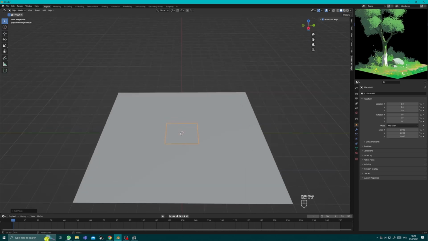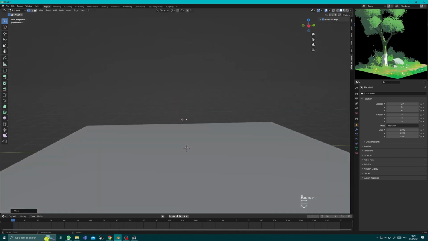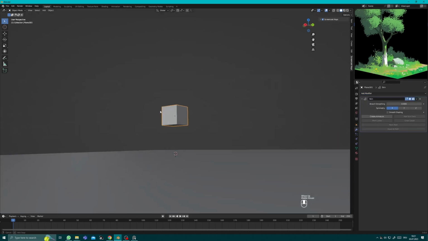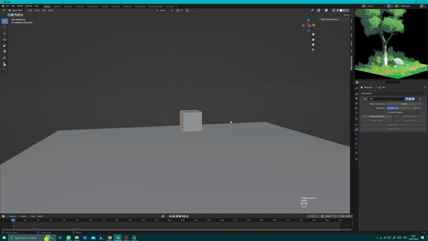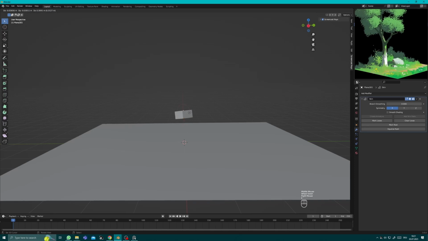For that, I'll be using the skin modifier, which is really handy to create branches. Let me move one vertex into the middle. I basically just created a plane, removed 3 vertices, and now the last vertex will be using the skin modifier, and that creates this box around it. And now, if you go into edit mode, you can just extrude the whole thing upwards